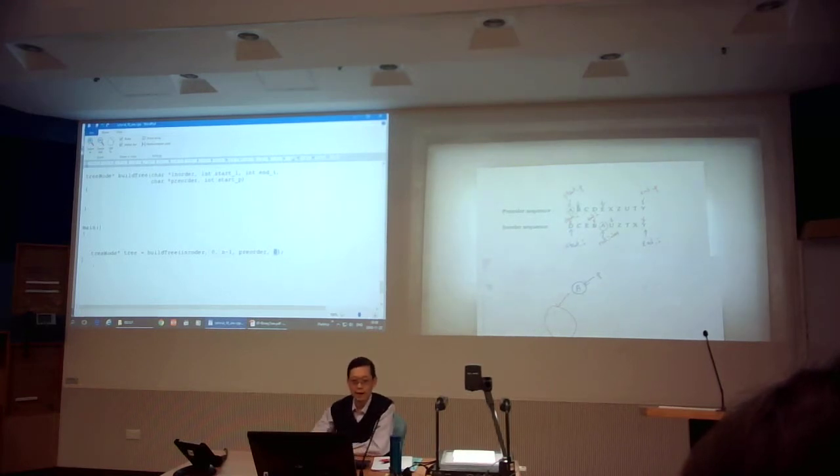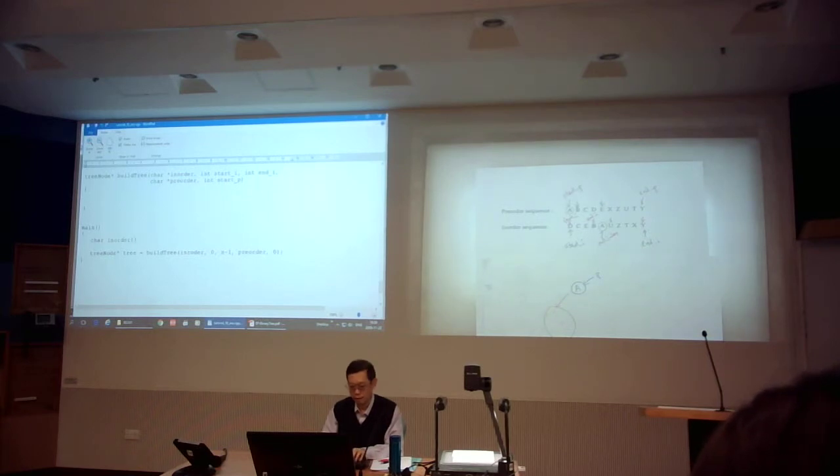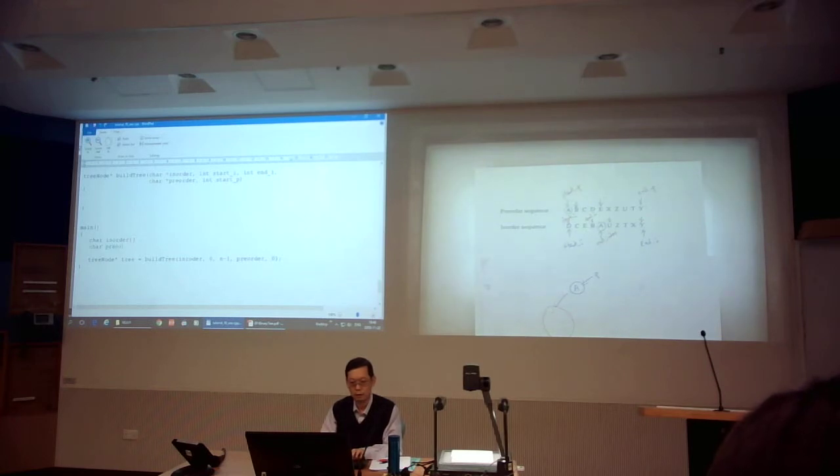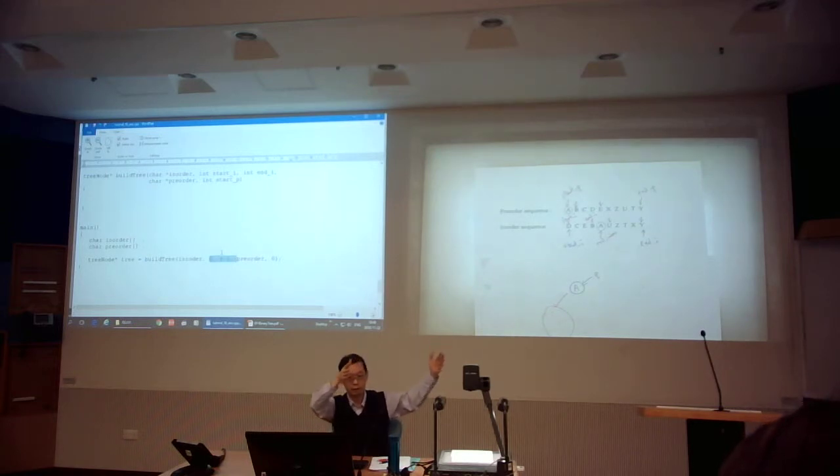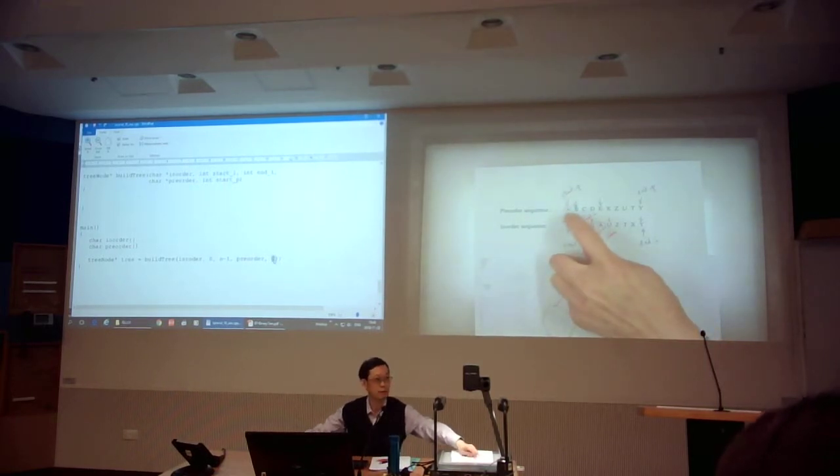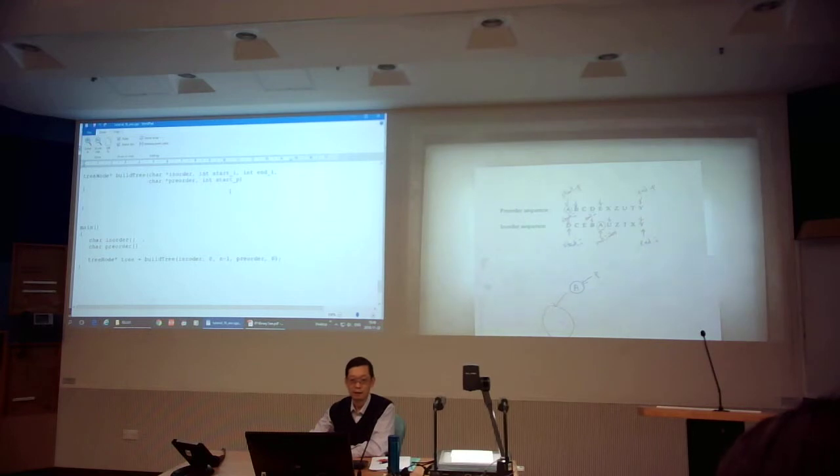Okay. Now in the main method, you have the in-order array, you have the pre-order array, okay? And then when you make the first call, this is the range for the in-order sequence. And the start index for the pre-order is also the first symbol. Okay? Now, within this recursive function,